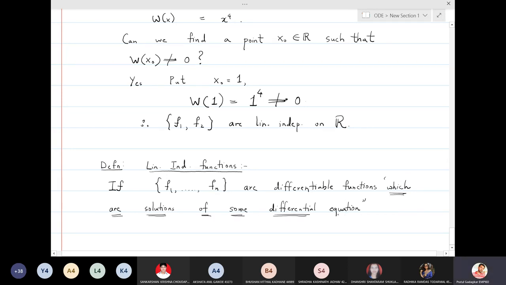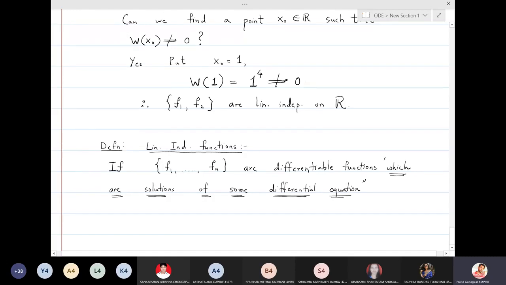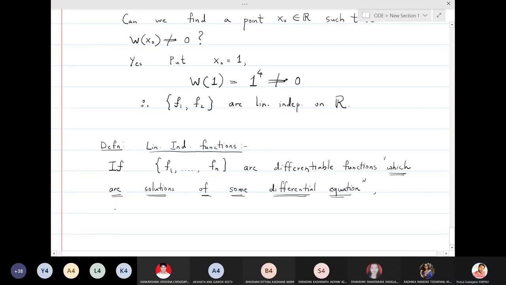We will come to it, don't worry. This is right now not the point of focus. We want to focus on the definition of linear independence. So f1, f2, fn are functions which are solutions of some differential equation; we will see this later. Then the set f1, f2, fn is said to be linearly independent if